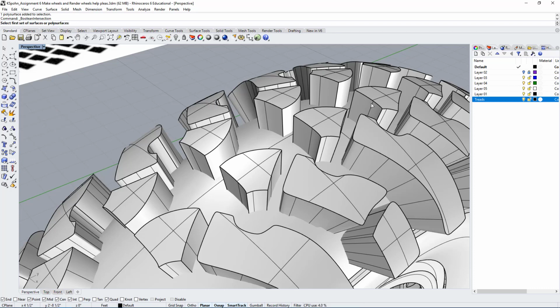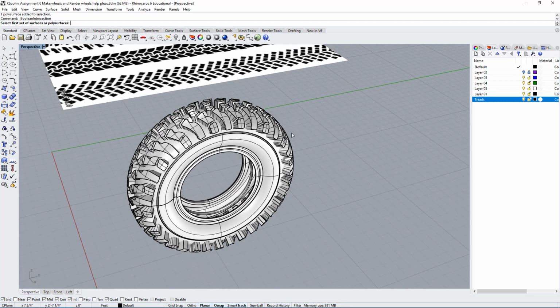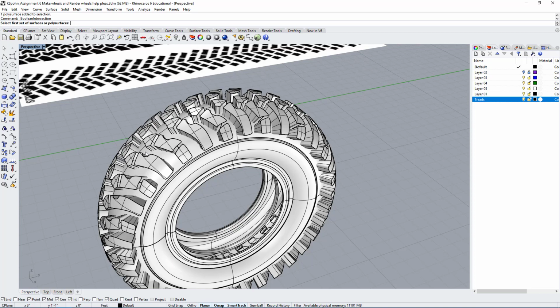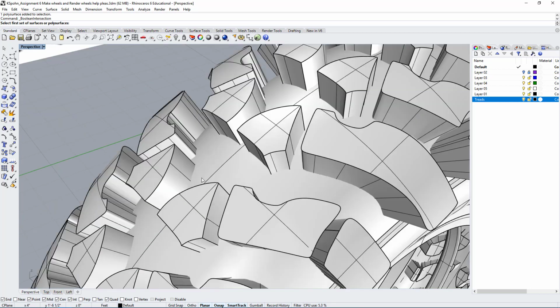And you could do this so many different ways, right? You can keep it as a surface and trim each of these one by one, which is really time consuming. You can also create your pattern in a way that is a solid, right? And then when it wraps around, the solid becomes part of it. This is a little easier to simply use the Boolean instead.